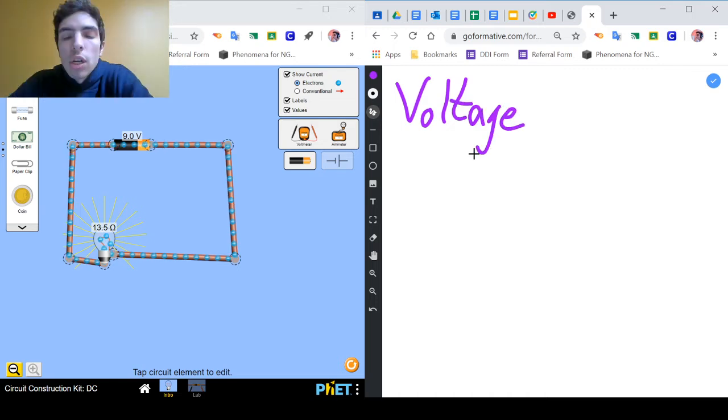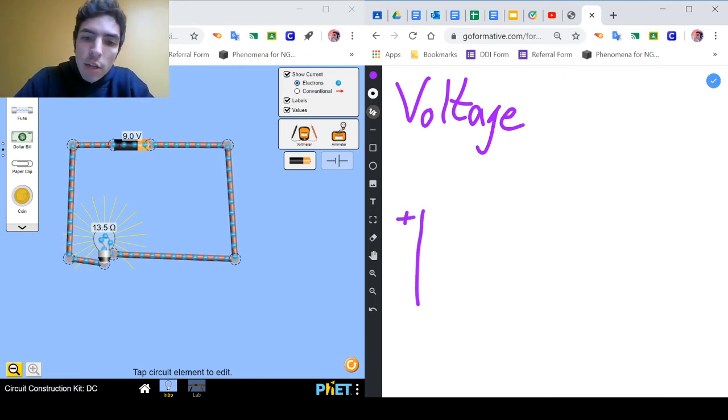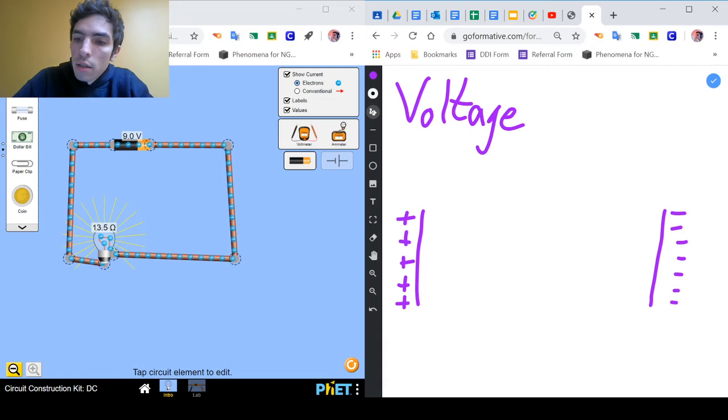So voltage is complicated. Essentially, it's a measure of differences in electrical potential. Now, what that means is, in a battery you literally have essentially this, I'm simplifying it certainly, but we sort of have two charged plates, right? And if I have one plate over here and one plate over here that's positively charged, there's some difference in electrical potential